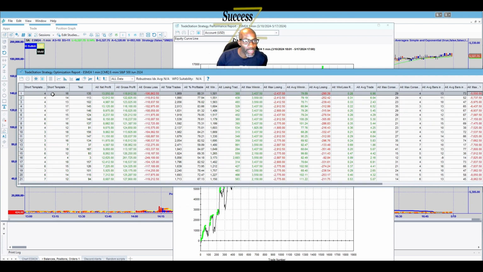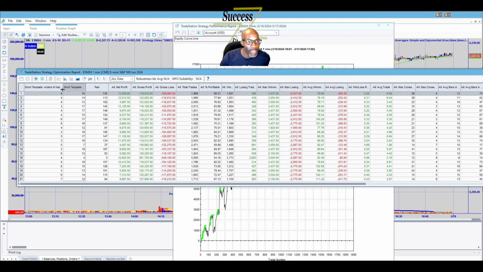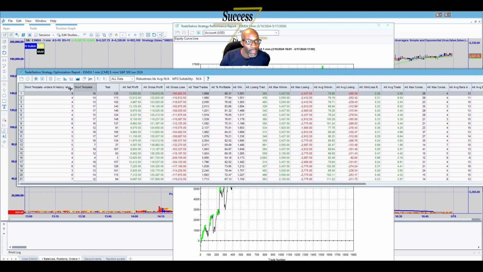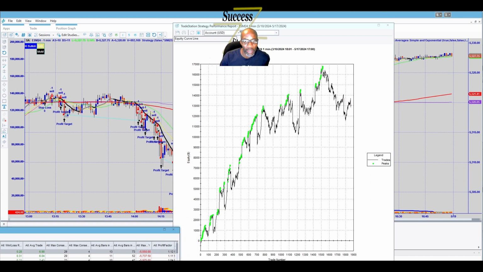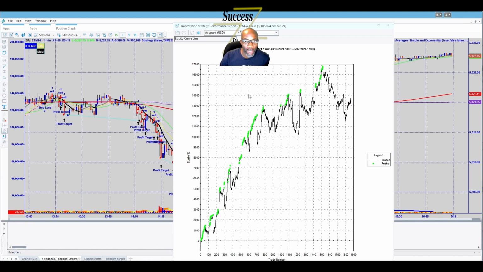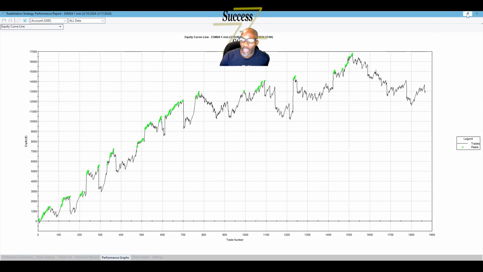All right, so 4 to 16: 4 on the risk side and 16 on the take profit side. That's not bad. I was looking at one the other day and it was negative risk to reward. Okay, so once we get that out of here,